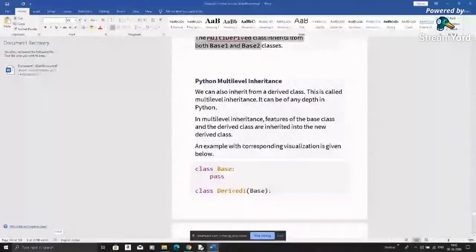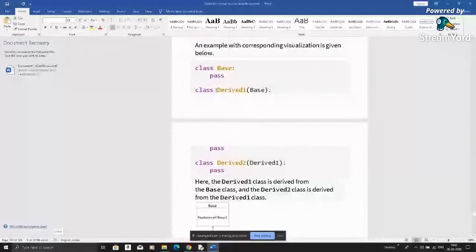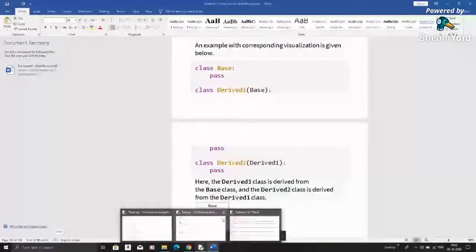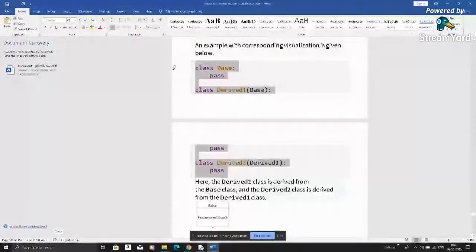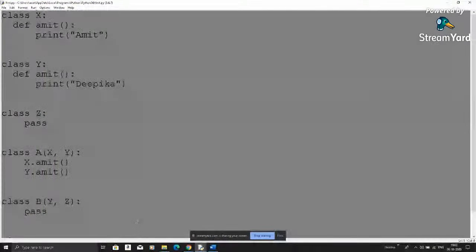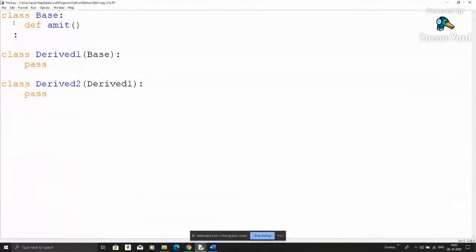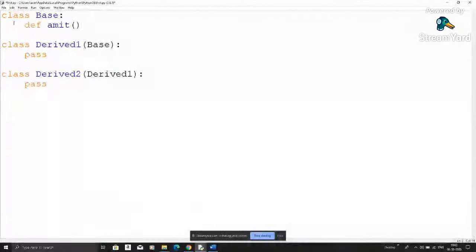In Python, when you are calling something, you can do multi-level inheritance. Multi-level means you have one class, another class, and another class. So let's take one example of that also. Copy this one, how you can use the main property. Let's consider this one, copy all and paste it over here. When you paste something, how does it work? So let's define def Amit. It's multi-level: one parent gives to a child, and that child works as a parent for another child.